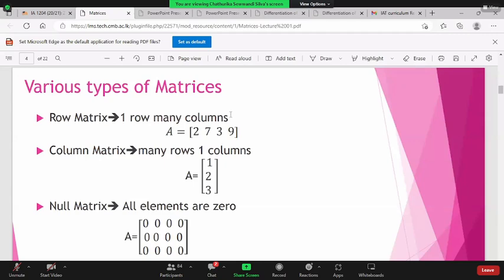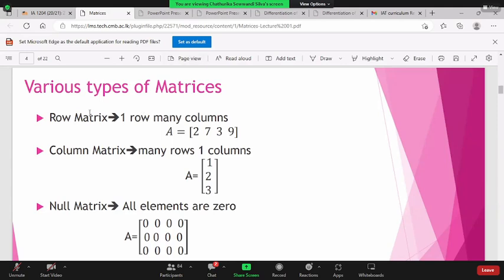Write down a row matrix, write an arbitrary column matrix, write an upper triangular matrix, write an example for the lower triangular matrix, likewise. Then you should be able to clearly write down the row matrix. When I asked for a row matrix, some students wrote a column matrix instead. So you should be careful about what is a row matrix and what is a column matrix.